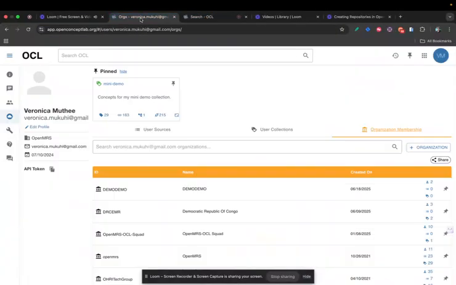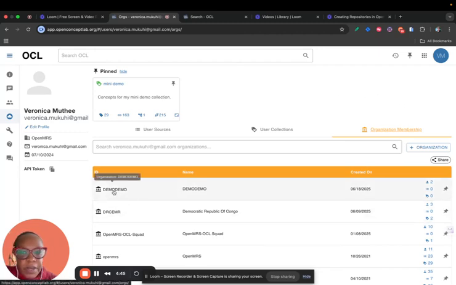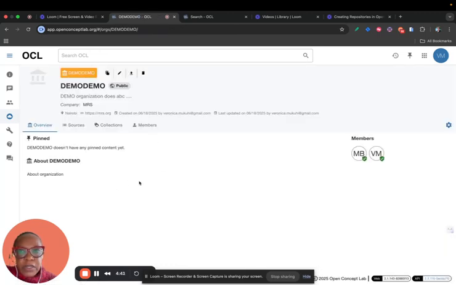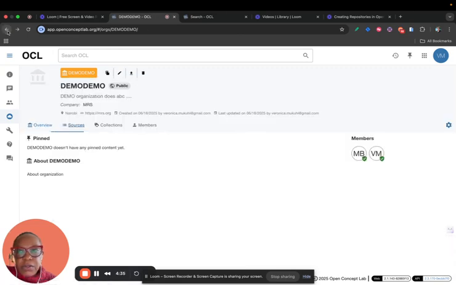Hello and welcome back. Basically, in the previous session, we looked at how to create an organization and how to add membership to the organization. So now we do have our organization demo here. And what I want us to look at in this session is how we can create the sources and also